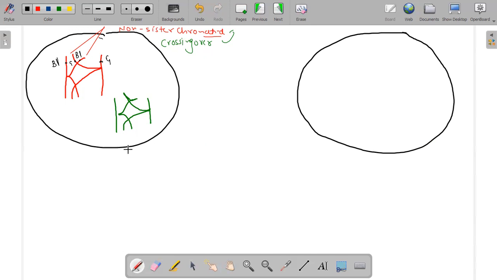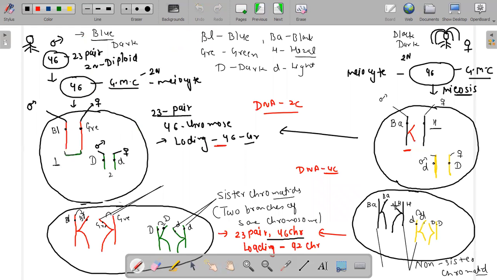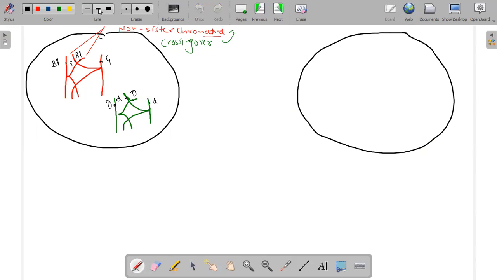Now this is for skin color, and this is dark skin color. You can see the branch is under the process of crossing over, so the allele is under the process of crossing over. Here this is light color skin, and another branch is under the process of crossing over. So here the D reaches here. Same thing occurs for mom, the mother. I'm drawing the crossing over pattern here.